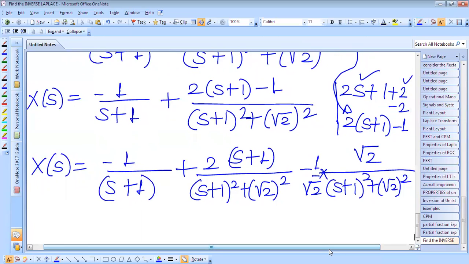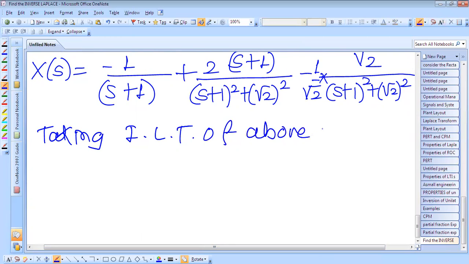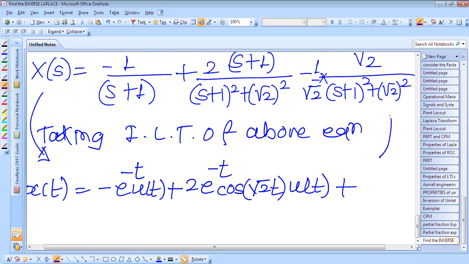Okay, now we have to just find the inverse Laplace transform of this equation. Taking the inverse Laplace transform of the above equation, the inverse Laplace transform of this is x of t. Here the inverse Laplace transform is minus e raised to power minus t into u of t, plus here it is 2 e raised to power minus t cos of root 2 t into u of t, plus the inversion of this third factor